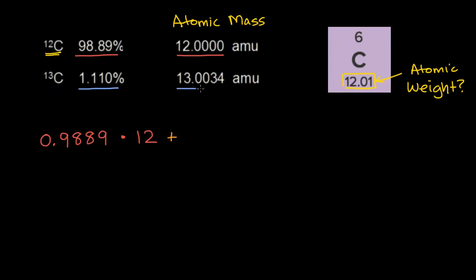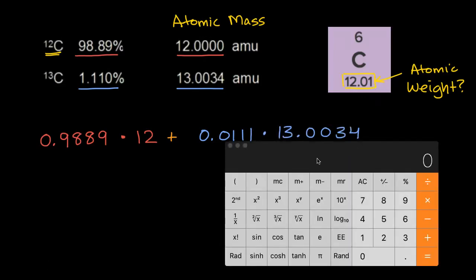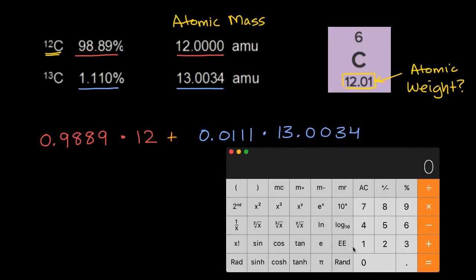1.11% times 13.0034. So as a decimal, 1.11% is 0.0111, and I'm going to multiply that times 13.0034 atomic mass units. So what does that give us? Let's get our calculator out here. So we are going to have